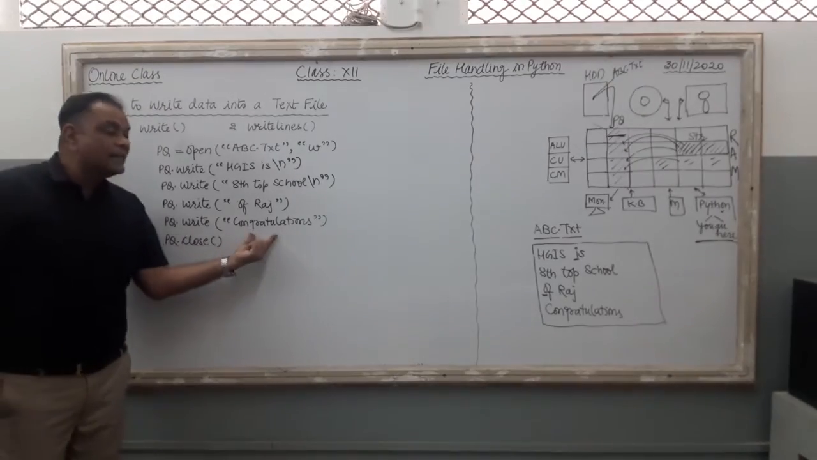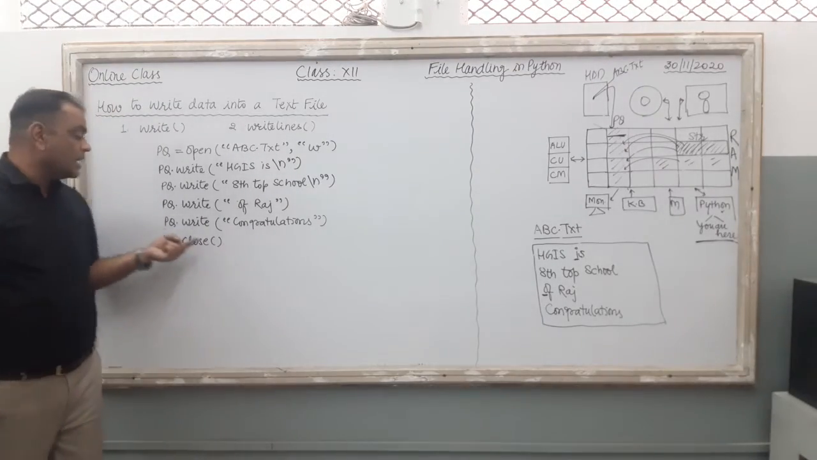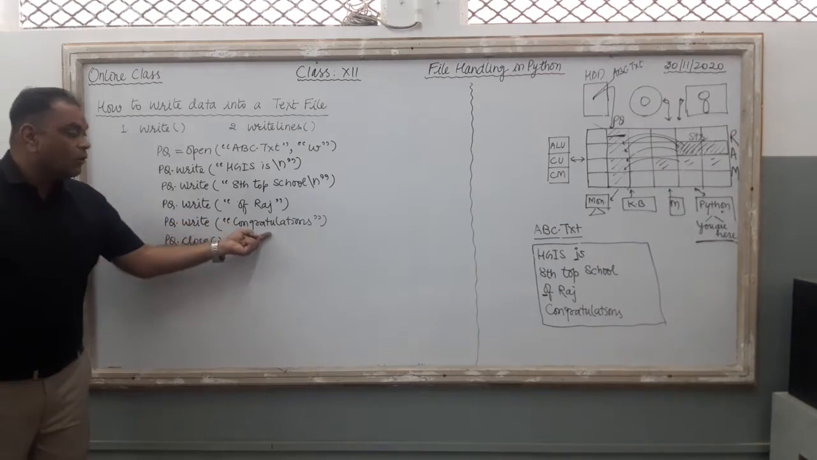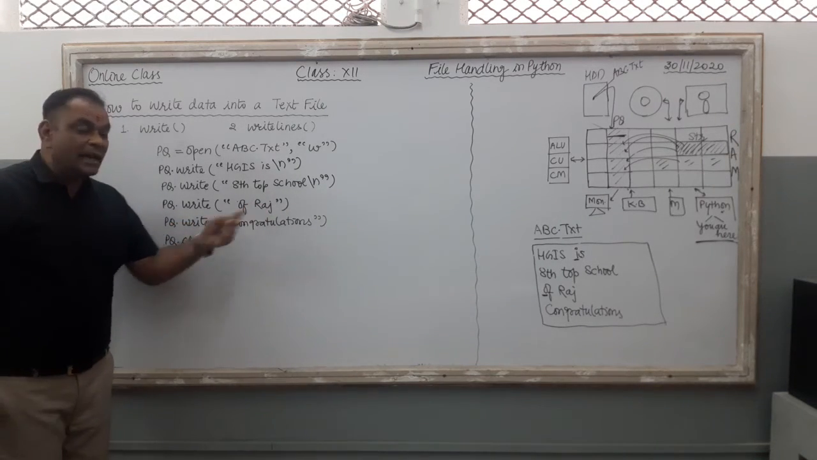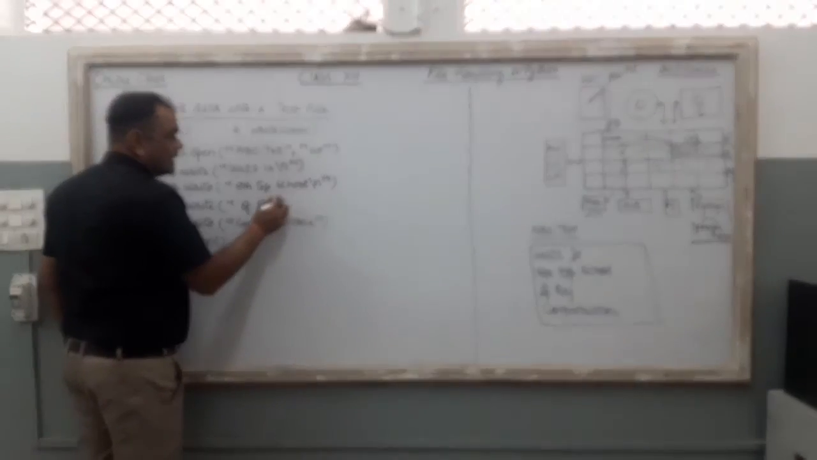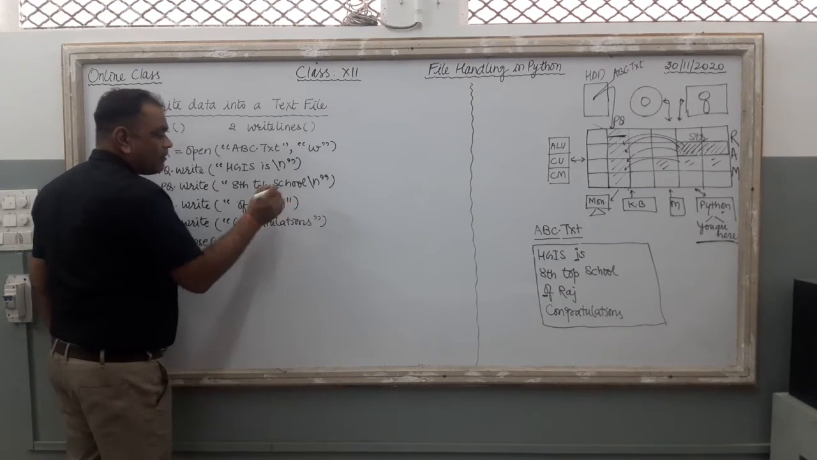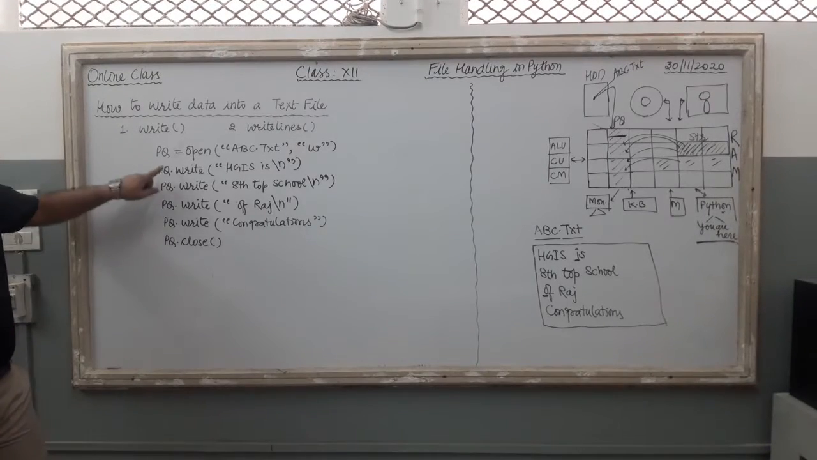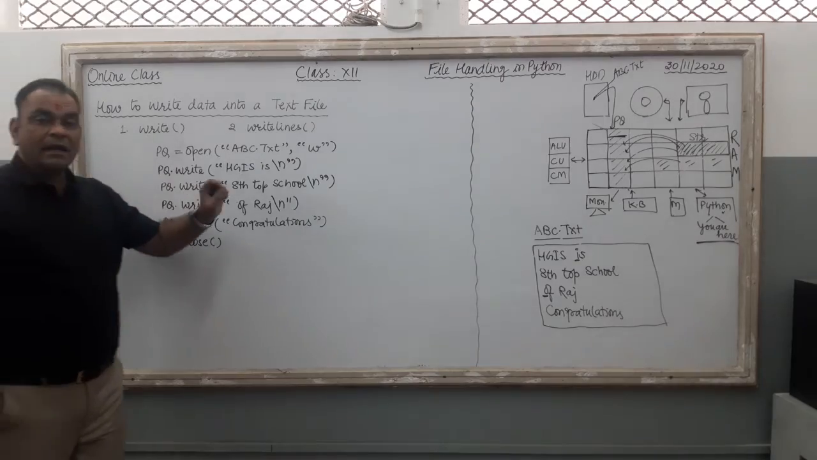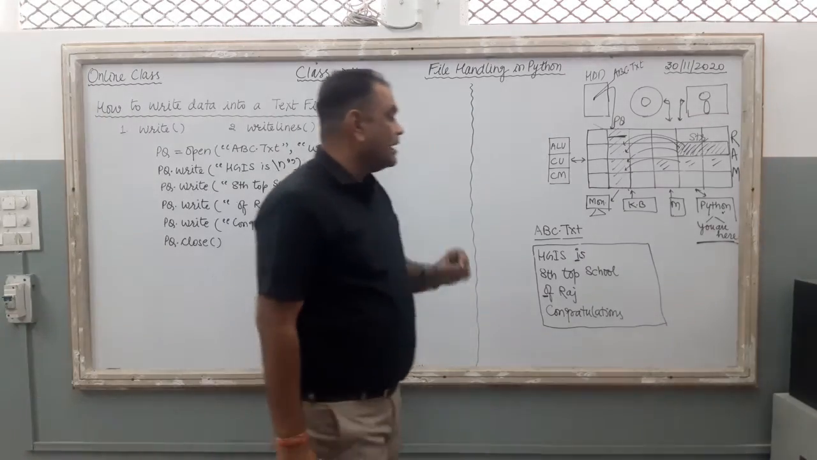Now what is there for the fourth line? Congratulations. Again pq dot write command is there. Congratulations is going to store with this line. Now you have to put slash n again over here. Clear? So pq dot write, it is the command, it is the function by which you can write the data in your